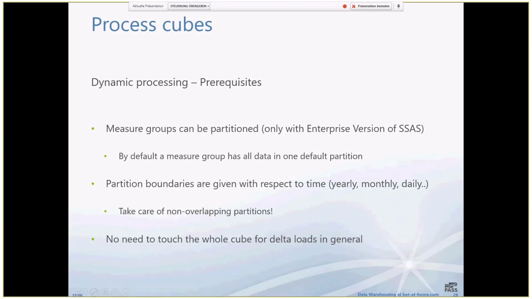So we have some yearly partitions, some monthly partitions, some daily partitions, but it's defined by a time range. And you can partition measure groups only with the Enterprise version of Analysis Services. When you process a cube, you have a default partition. It's just a big partition where all the data for the measure group is located. And you can define partitions